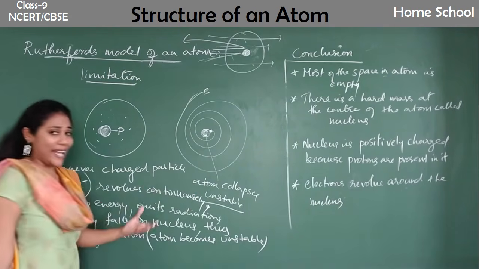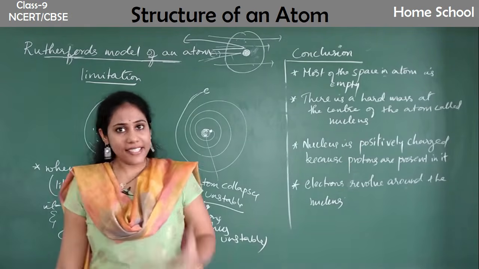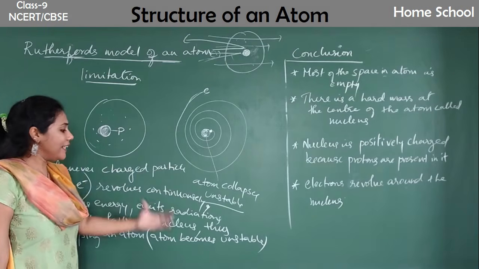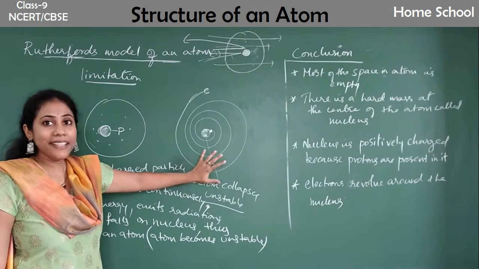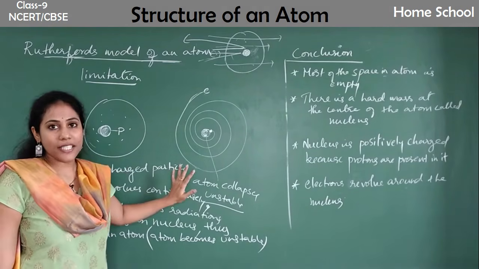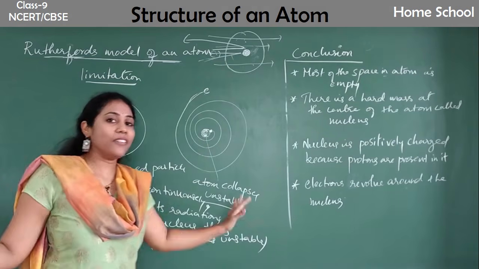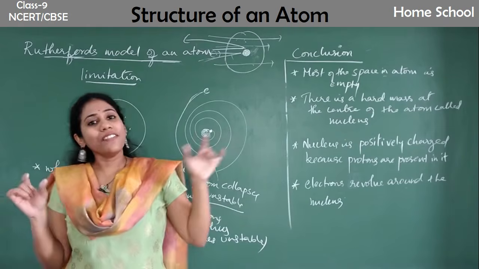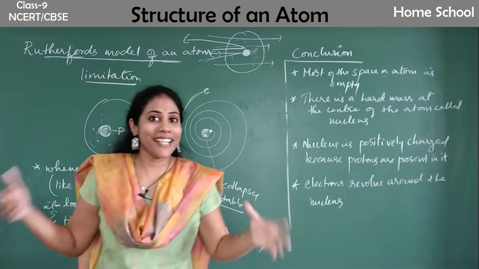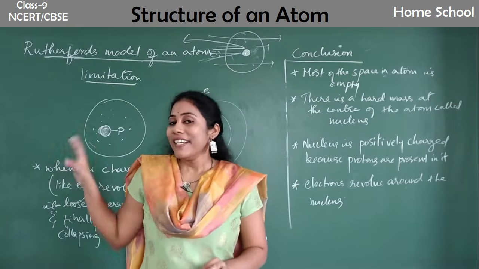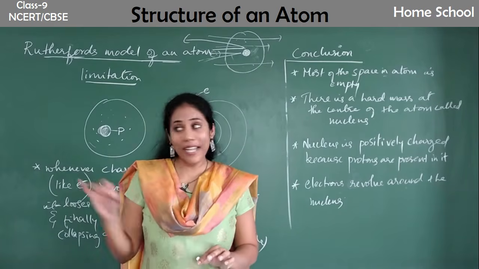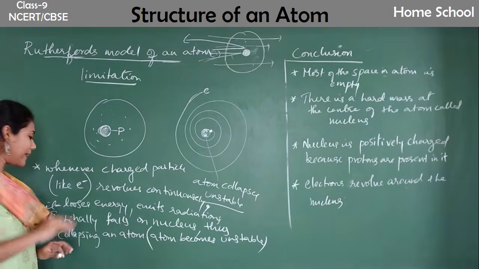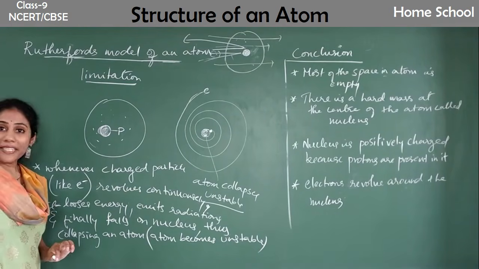But an atom in our nature exists in a stable form. It is not unstable. But if you go according to his theory, the atom should become unstable on the electron falling onto the nucleus. But it is not happening that way in our nature. So that's the reason a small correction has to be made, which we will study in the next theory in the next class. So till then, revise the concept and write everything in your book. These are the best running notes, and again I'm telling this. So meet up in the next class.